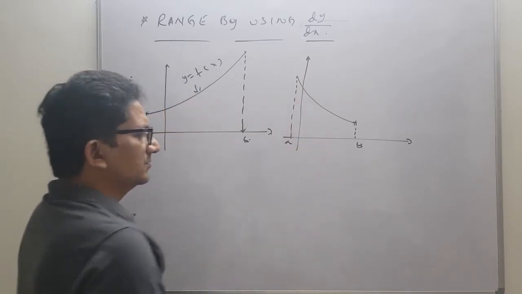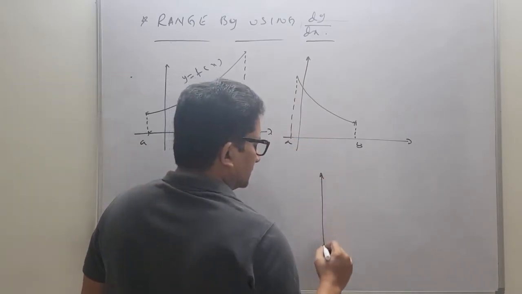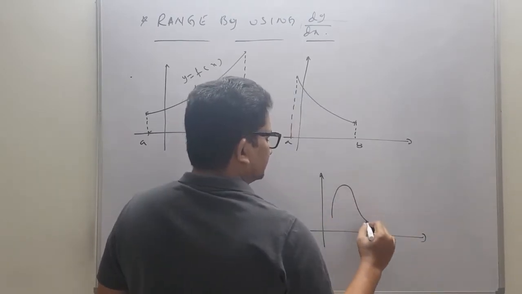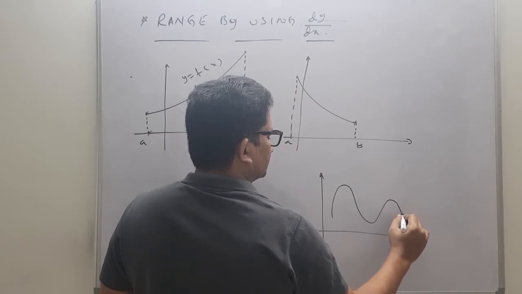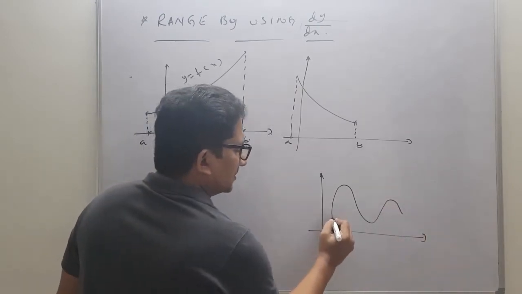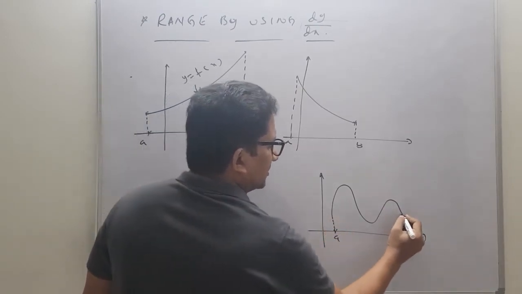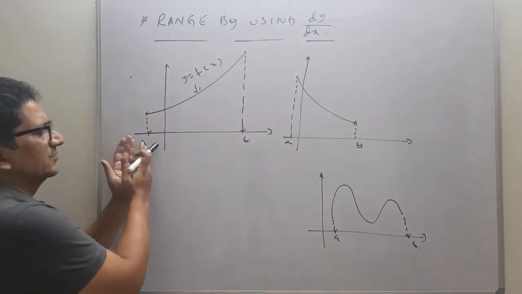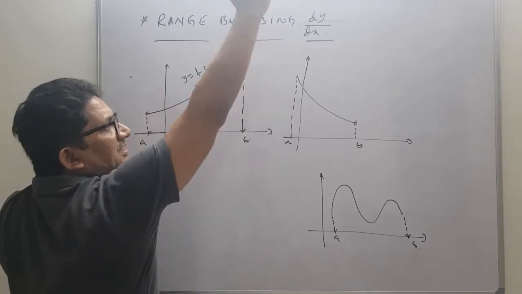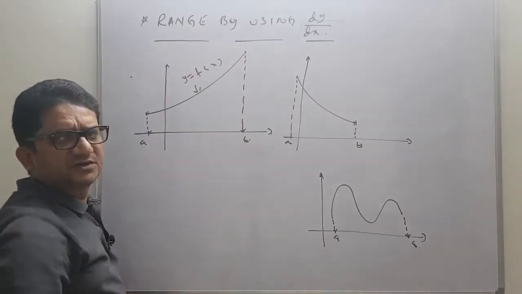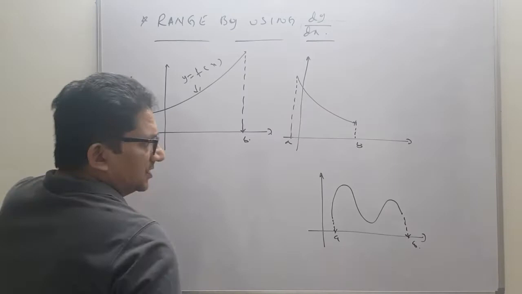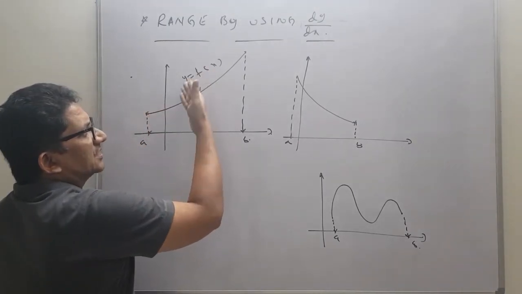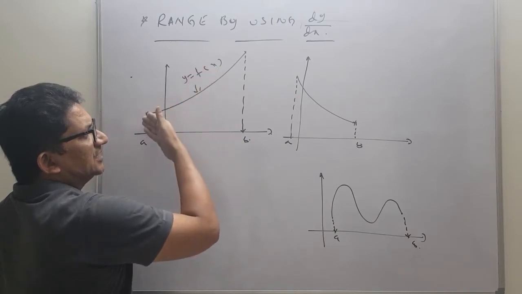And one more case is the function is neither increasing nor decreasing. This is the case. And here we have the value a, value b. Here, for our reference, I am taking the domain as a to b. Sometimes it keeps on increasing, maybe from minus infinity to infinity also, no problem. Now in such cases, by looking at the question we can decide whether it is increasing